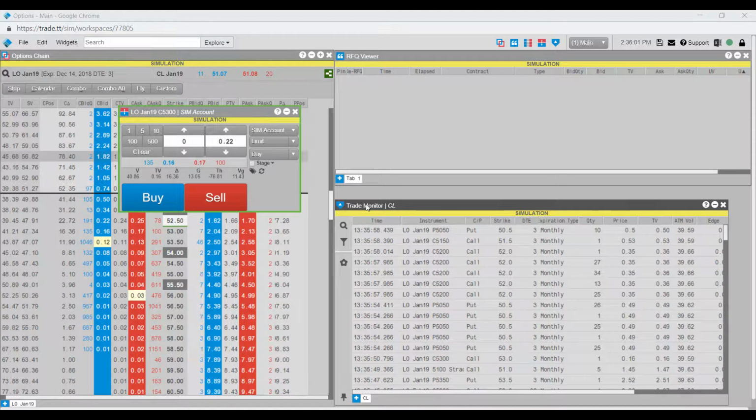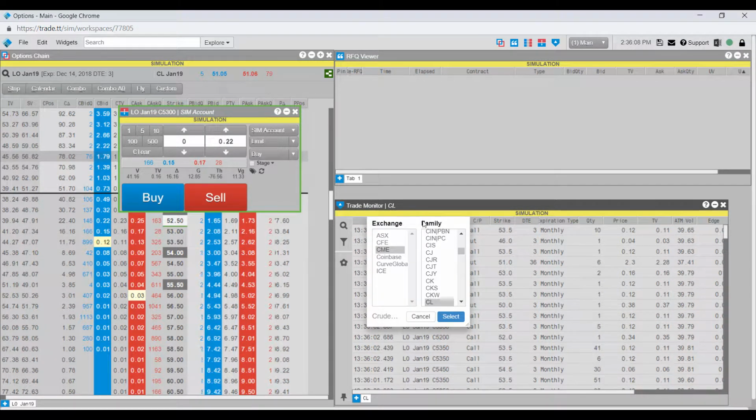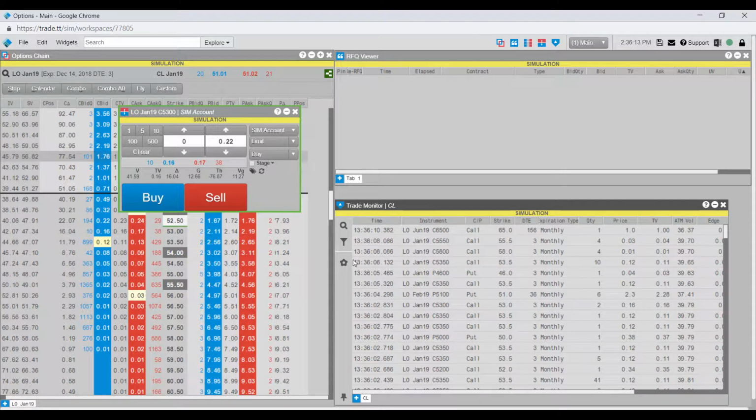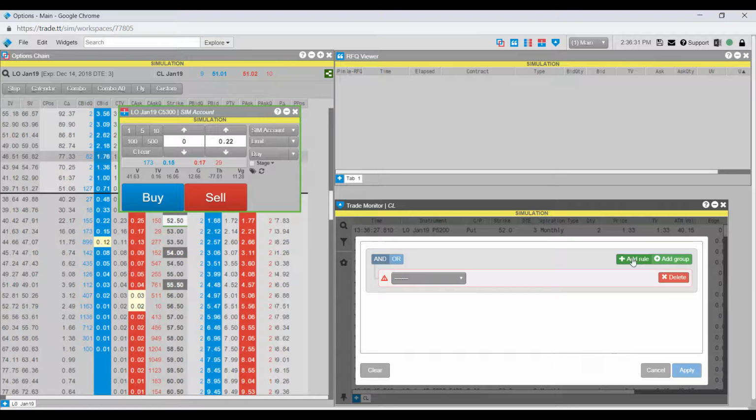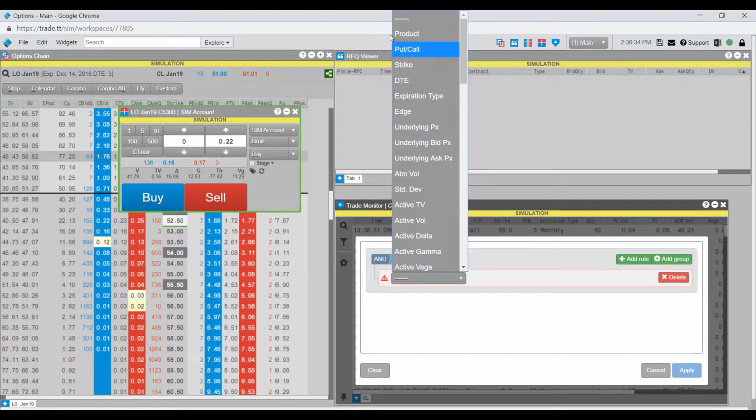As you can see here in the top left of our Trade Monitor widget, you can search for the contract that you'd like to filter and select a specific trade activity for. And you can also use the robust filtering tool by simply clicking on the filter icon below. And then we can add a unique rule set that applies directly to the rules that we'd like to trade options on. For example, I can click And or Or to create the beginning of my expression, and then I can add a rule, and then we can